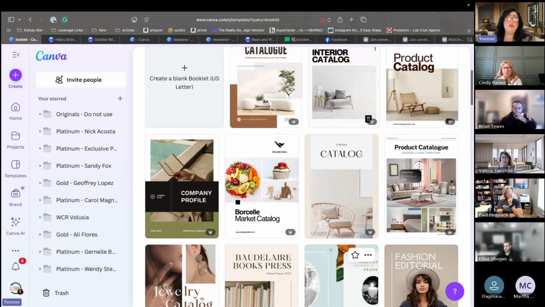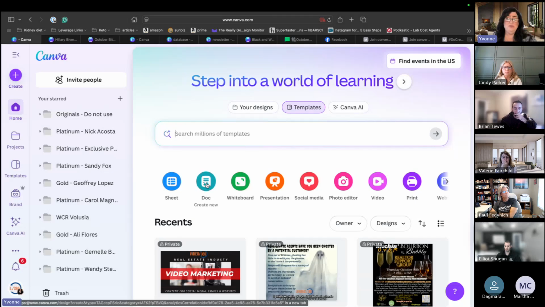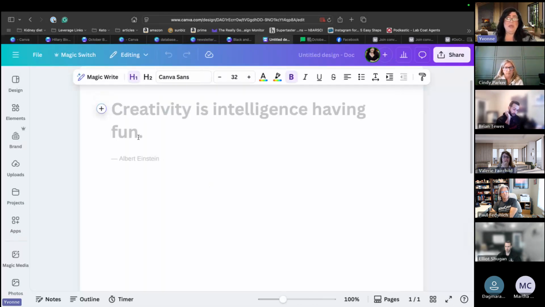But you can create, I don't use Word anymore. I don't use any of that stuff. Everything's in Canva. So here's docs, right? Sheets, you name it, Excel, it's all in here. So you don't need to be purchasing any of that stuff anymore. It's here. So you could have created the doc in here by just going into doc. Now AI is integrated in here like ChatGPT. Everyone knows about Magic, right?